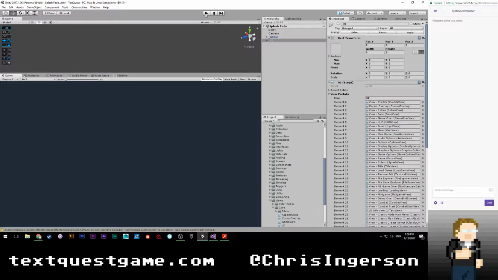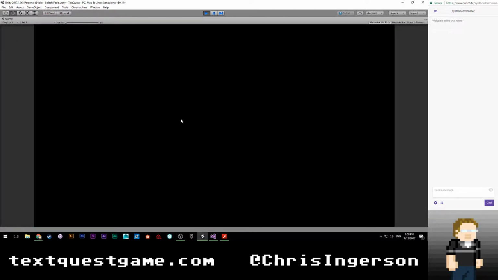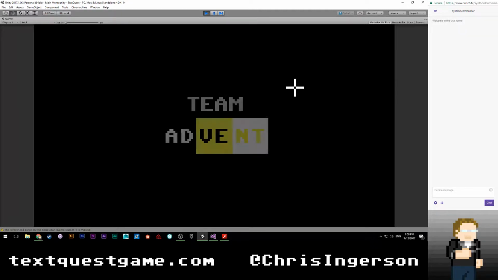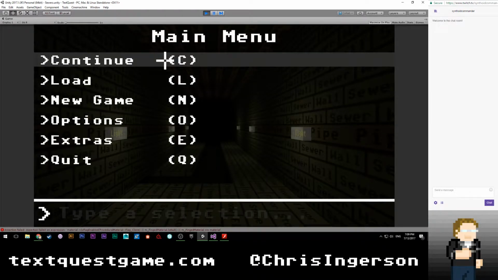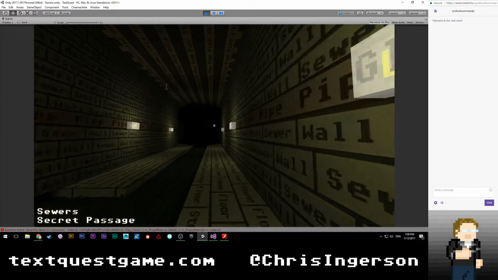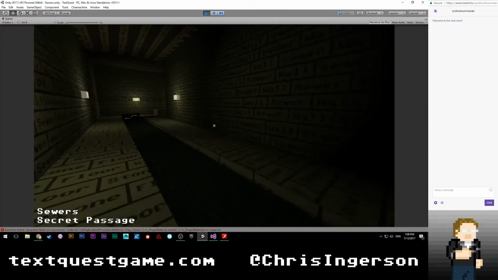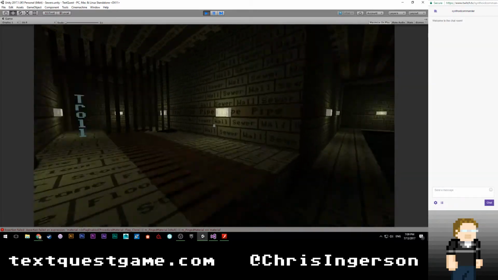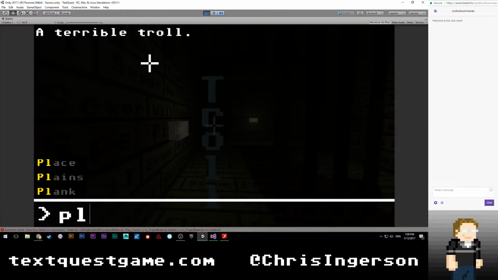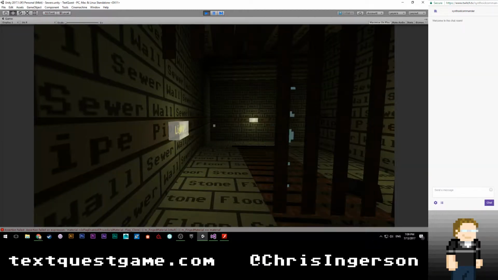So we'll go ahead and just get started to show you some of the pain points to see what I'm talking about. The first one that we're going to fix, and hopefully it should be fairly easy, is the fade in and out as you climb up a ladder. So we're just going to run through here, do all this stuff. Will the troll have moved? No. We can try this. Please move. Okay, interesting.